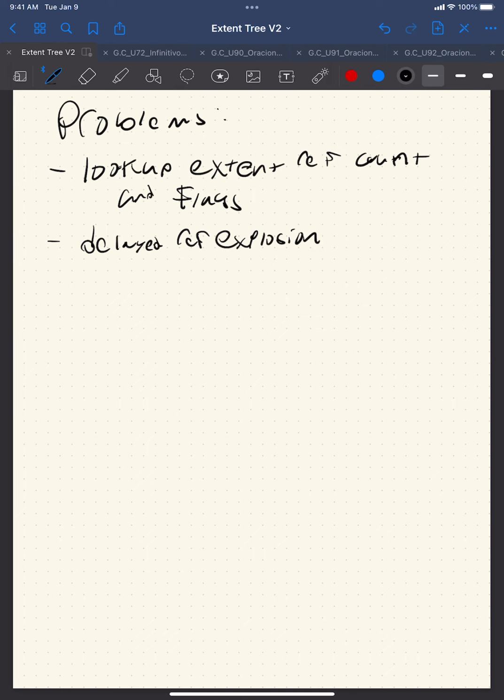So these are two of the main problems. This one right here is whenever we COW a shared block, we need to look up its extent count